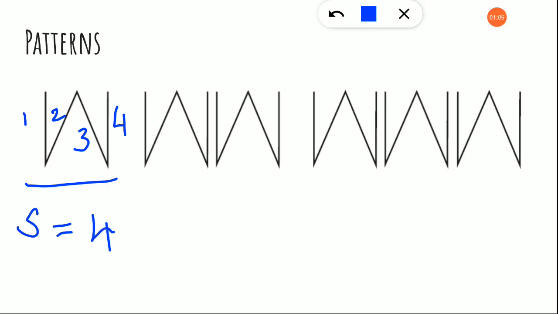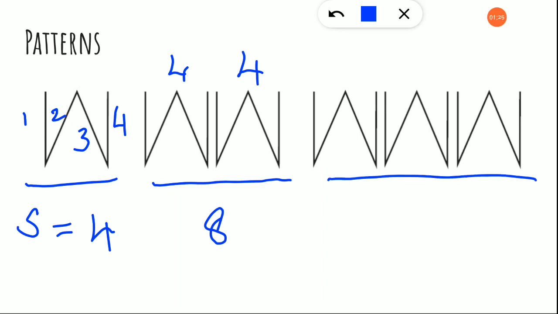Okay. Now look at this, this is the second pattern here. There are two W's, and how many sticks will be used here? This W will have 4 sticks and this one will have 4 sticks. So altogether, how many sticks do we need to make these two W's? We need 8 sticks. Now look at this third pattern, children. We need 4 sticks to make this W, and for the second one another 4 sticks, and for the third one you need 4 more sticks. Okay. So altogether how much is coming? 8 plus 4 is 12.